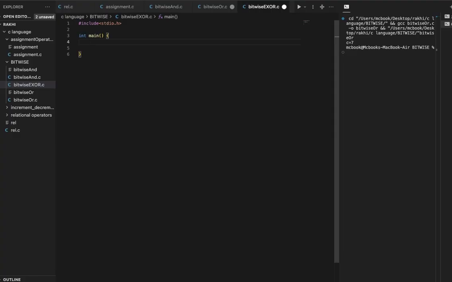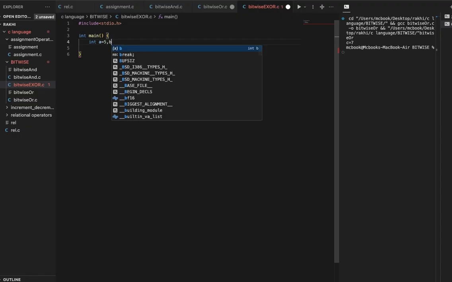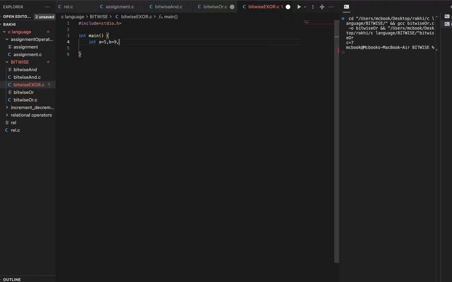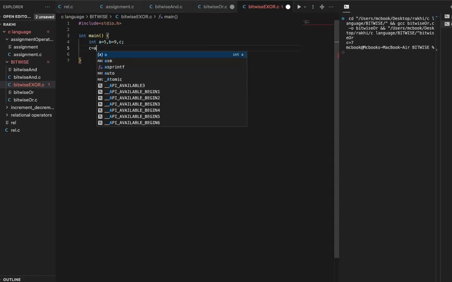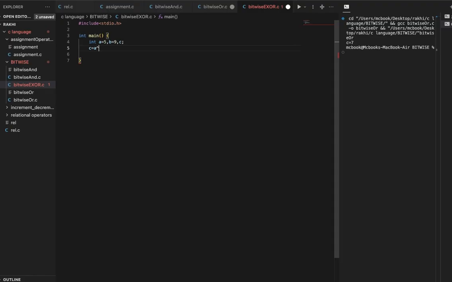XOR truth table, exclusive OR. In that condition, if both inputs are similar, then the output is 0. If both inputs are different, in that condition the output is always 1.